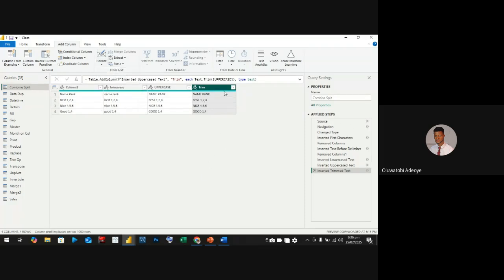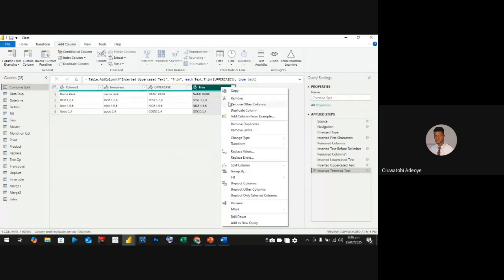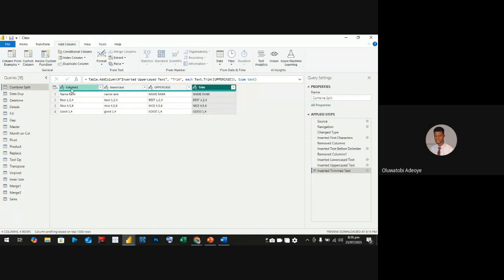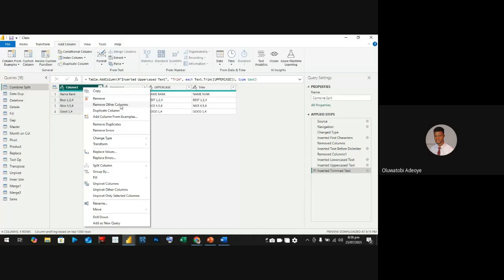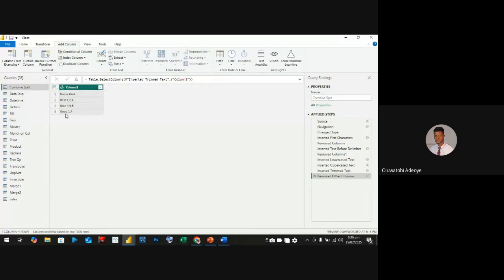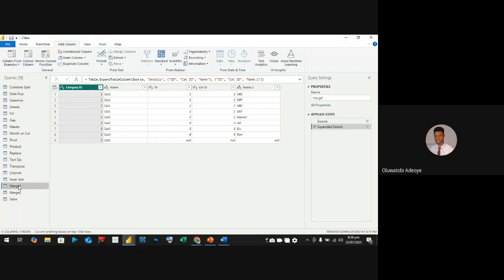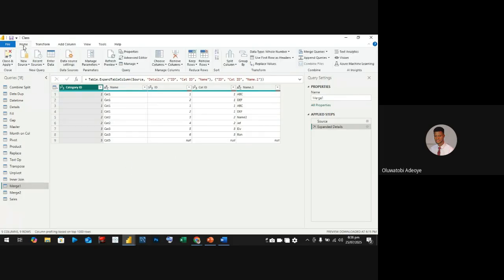Okay, now I'm going to do something. Because I did these three myself, let me just remove the other columns and keep the first one that was here. So let me go to home. What I want to do is enter data here. So if I click enter data,